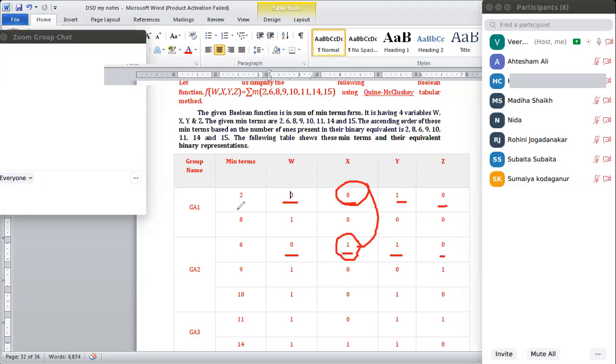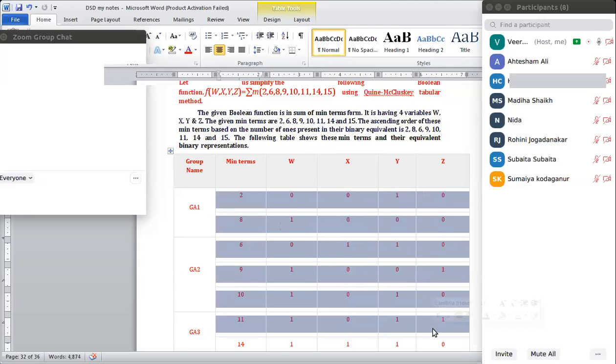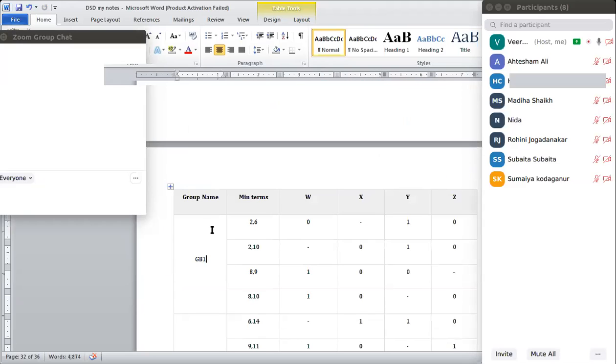So what I will do now, I will combine these two, 2 and 6. And wherever I have got the differed value, I will put a minus symbol in that place. Okay, this one we already discussed in yesterday's class. So after comparing with all these things, I will get the second step. 2, 6 has been compared here, and we have put a minus mark wherever the value has differed. Okay, same 2 and 6, 2 and 10, and that is it.